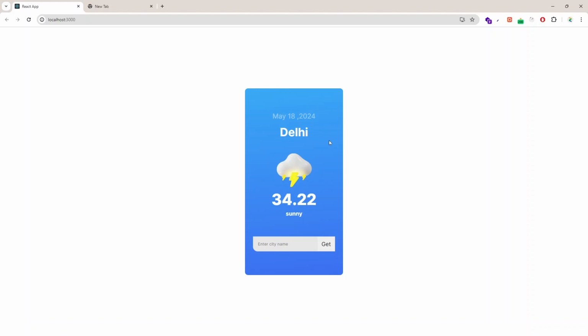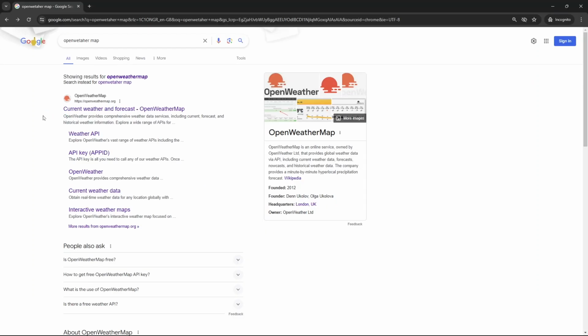Okay, so now let's move on to the next area where we have to fetch the data from the API, like this current city, this temperature, and this message, which is sunny, cold, rainy. So these data we have to fetch from the API. Before starting integration, first we have to get the URL for a particular city name, so that we can fetch the data. For that, right now we are using a third-party API,